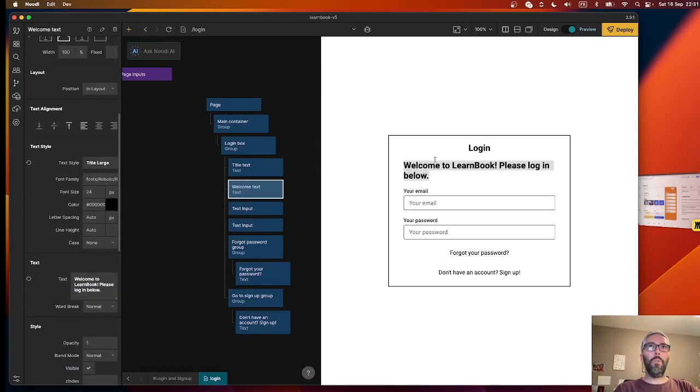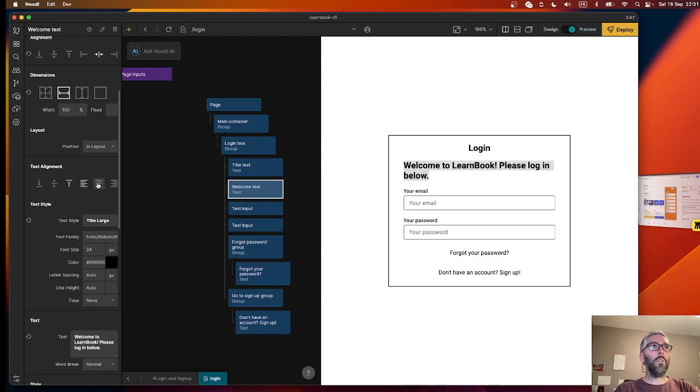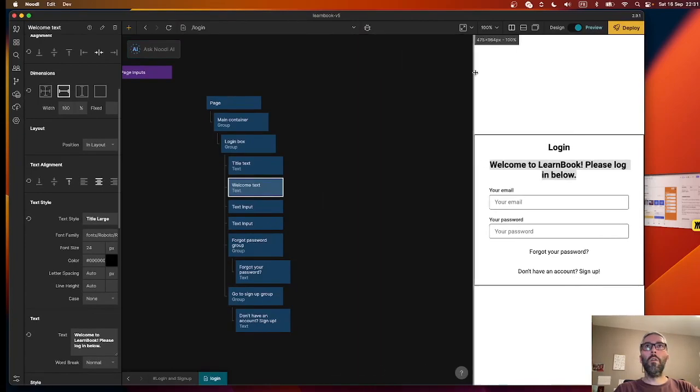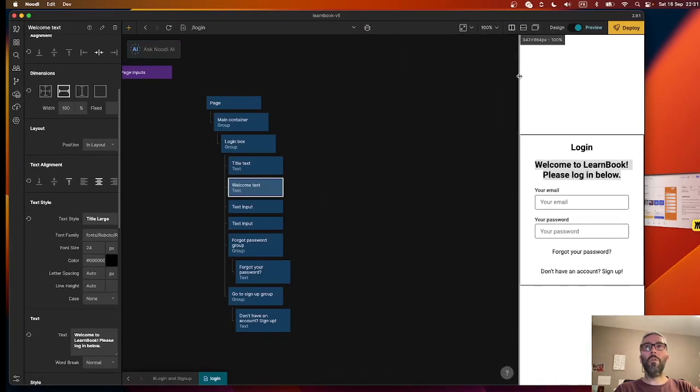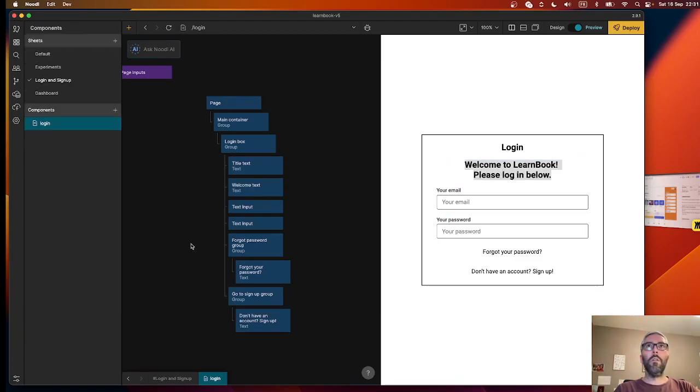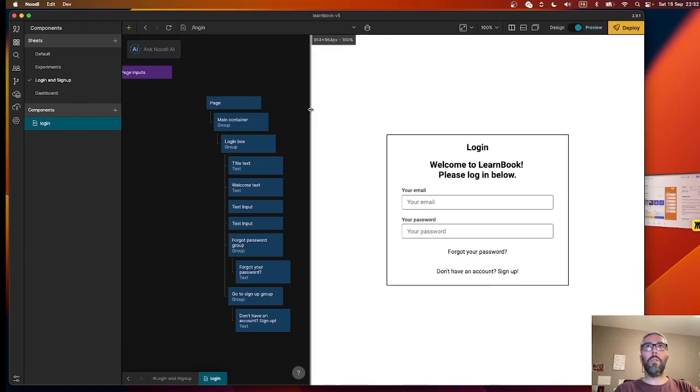And we obviously don't want this below to be there, and so we're going to change that to center aligned. Now it looks stupid because it's please log in new line below, and that's not very nice. I guess if it was responsive, it's probably going to look good, but let's see. Yeah, in responsive mode that looks good. Maybe what we want to do is have it on 2 lines by default. So let's just do a little line break there. Welcome to the Learn Book, please log in below. That's better. So then it's consistent between the sort of desktop view and the